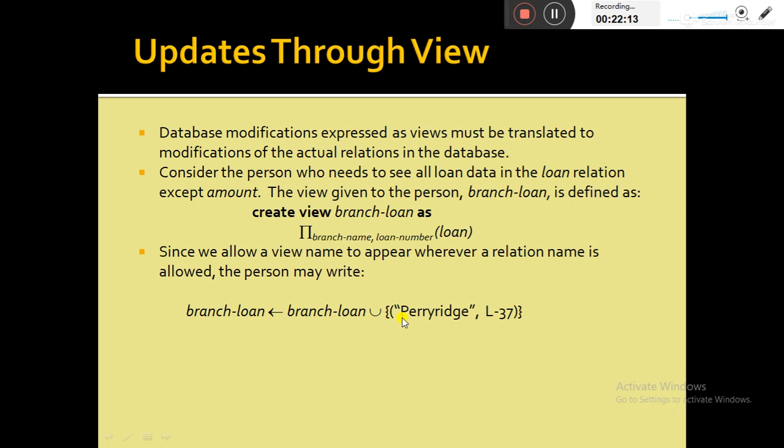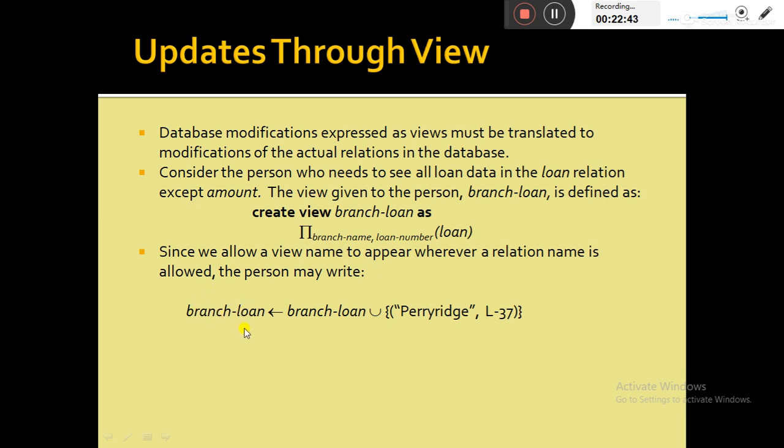So whenever a query expression encounters the view name branch_loan, it will be replaced with its definition, and the query processor will execute this expression and produce a set of tuples. Along with this set of tuples, the new tuple will be added and stored in the view.